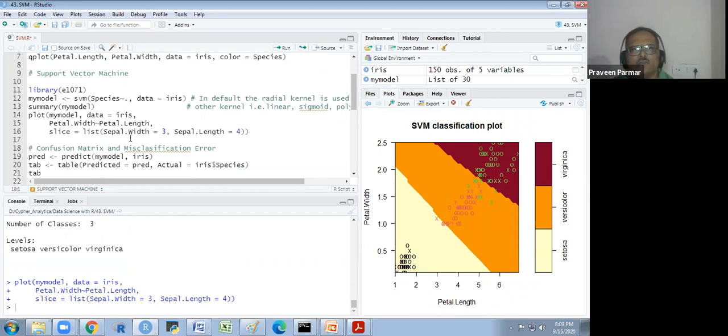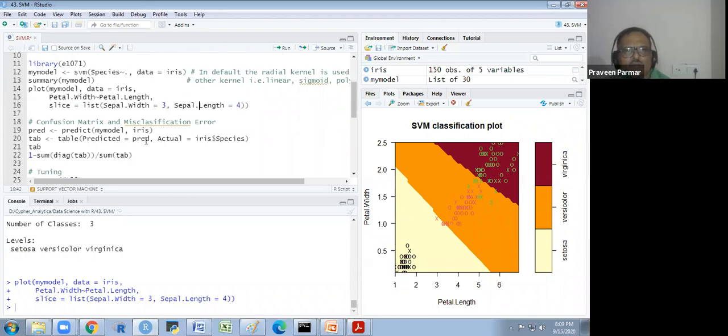So these are the 3 categories we have divided. What I have done here is I am plotting my model and the data iris. Because we are plotting 2 dimensions, we get the petal width and petal length, and the slice I am giving here is sepal width 3 and sepal length 4. So 3 and 4 are not values of this. It is the slice I am giving because I could not take all the dimensions here, so I am giving it in a list. The list will accumulate it and make a multi-dimension, but in the back end.